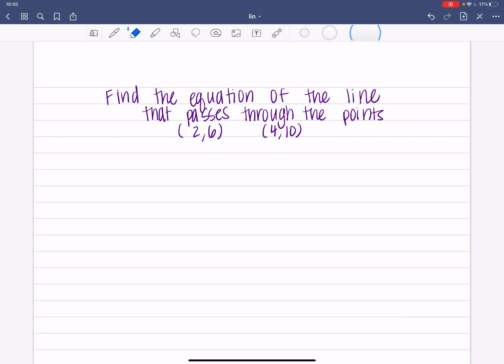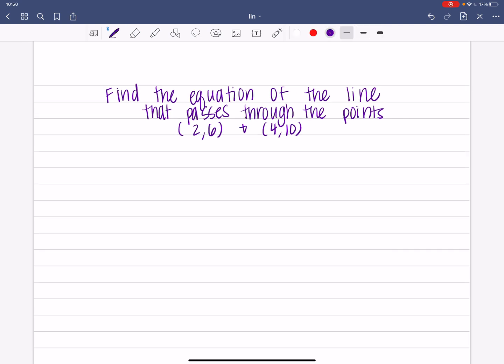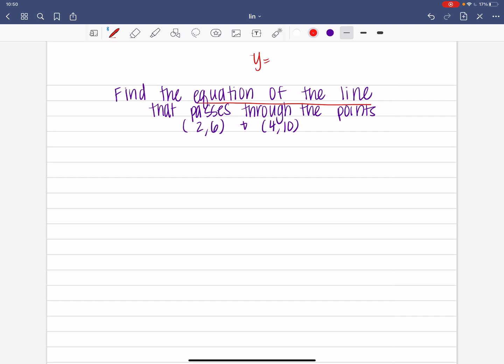All right, so this question says, find the equation of the line that passes through the points (2, 6) and (4, 10). The first thing I always point out is that whenever I see the equation of a line, I know I need to write it in the form y equals mx plus b. Let's break down what that means: y equals mx plus b. Well, m is slope,